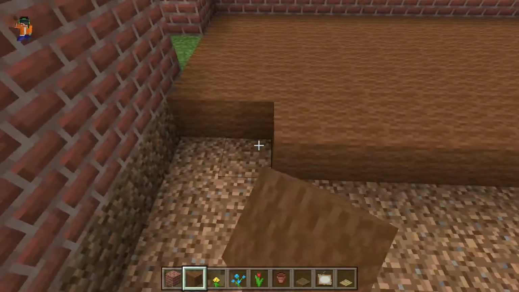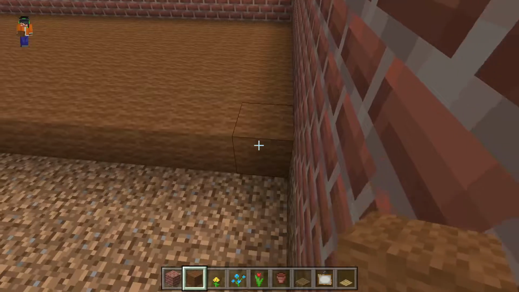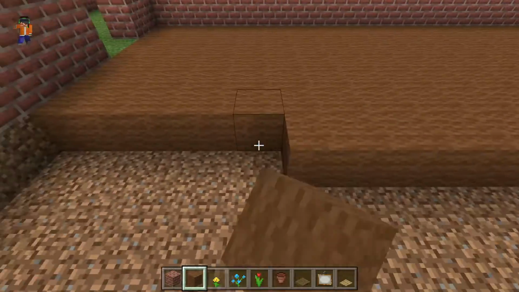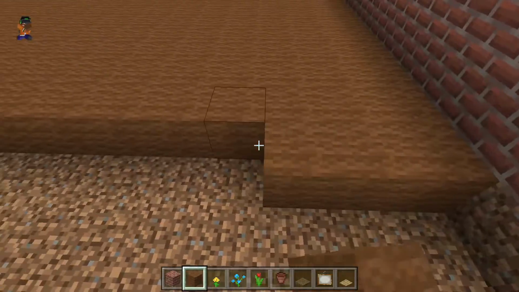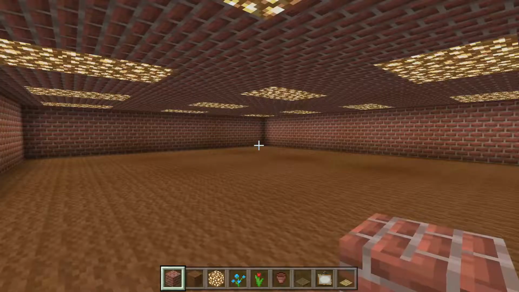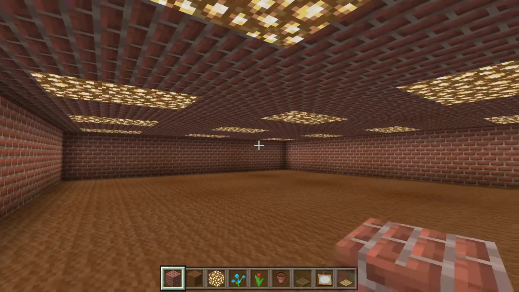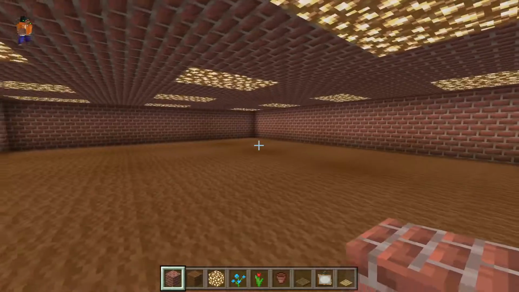And then I can get started with building all the bookshelves. I also got to put in the ceiling, which is going to be just made out of bricks. And then I have to add in all the glowstone as well, so there's actually light. Alright, so now that I've got the floors, wall, and ceiling finished, I can actually start building the stuff in